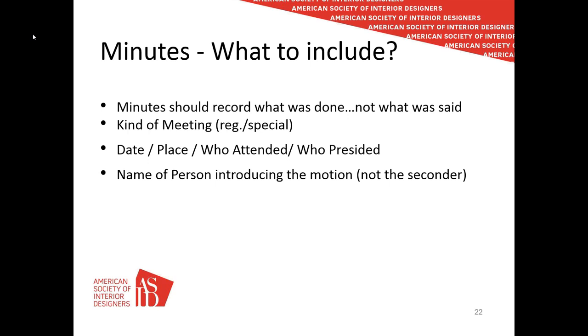Okay, Crystal, this goes into your other slide, so you can touch on minutes and what to include. I just wanted to show an example of a chapter, the Washington Metro chapter you'll see coming up, with a little example of some meeting minutes that work well, that report out what's happening in their chapter and also talk about what happened in that meeting. Again, it's really up to your chapter and what you feel comfortable with, but we really do need to get